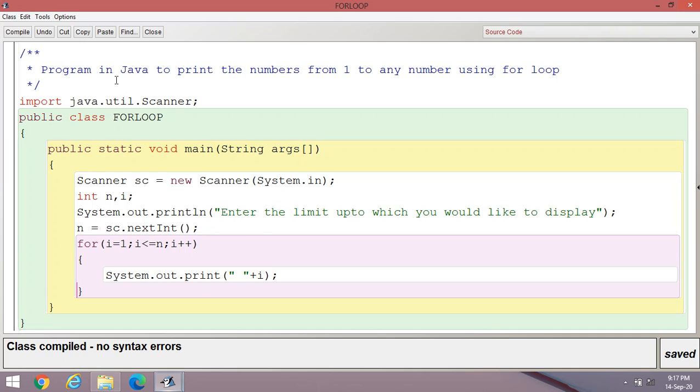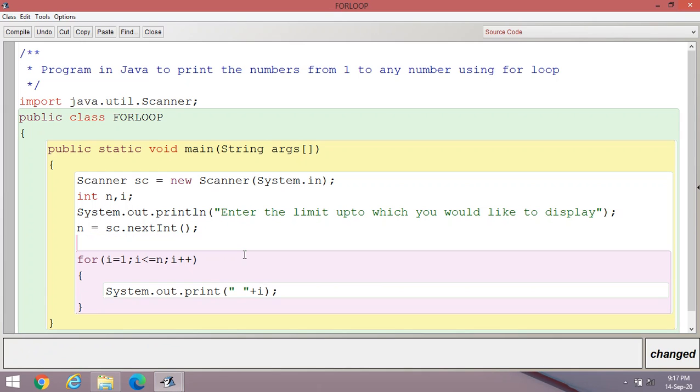And here you can write System.out.println, the numbers from 1 to, then plus n, like this.